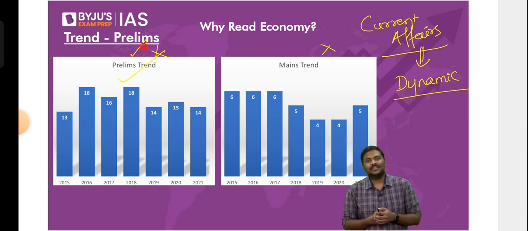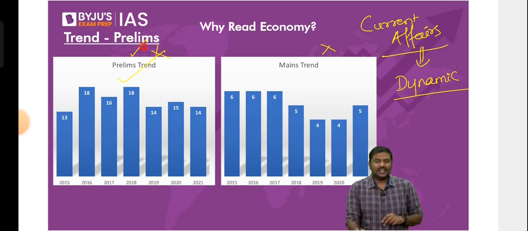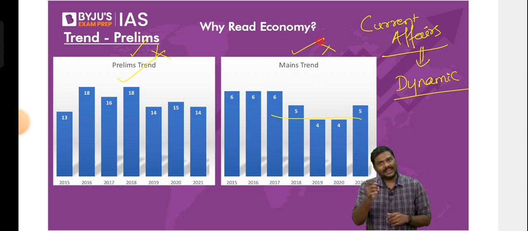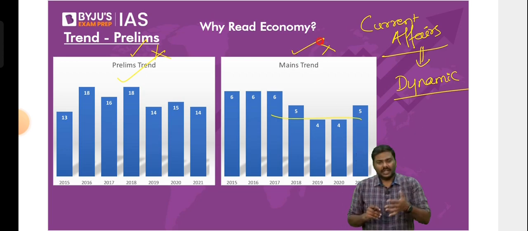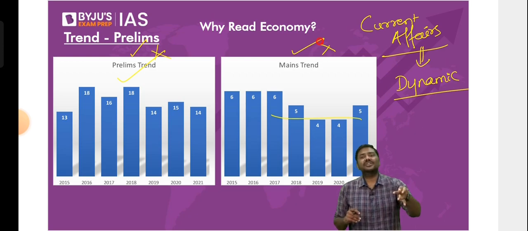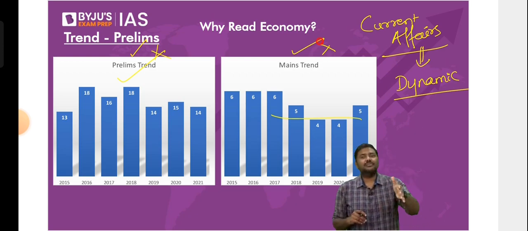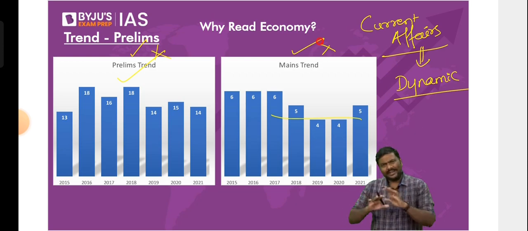What about the trend in the UPSC mains? On an average, how many questions will come from Indian economy? Generally, around 4 to 5 questions, under both the 10 marker and the 15 marker, are asked from Indian economy itself. It could be a question based on taxation, inflation plus GDP, the agriculture sector, food processing, foreign investment, or inclusive growth, etc. Again, don't enter into panic today itself.